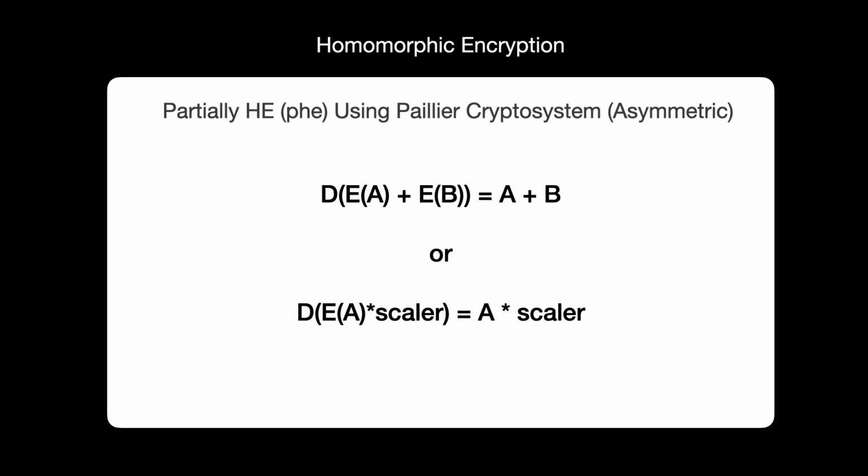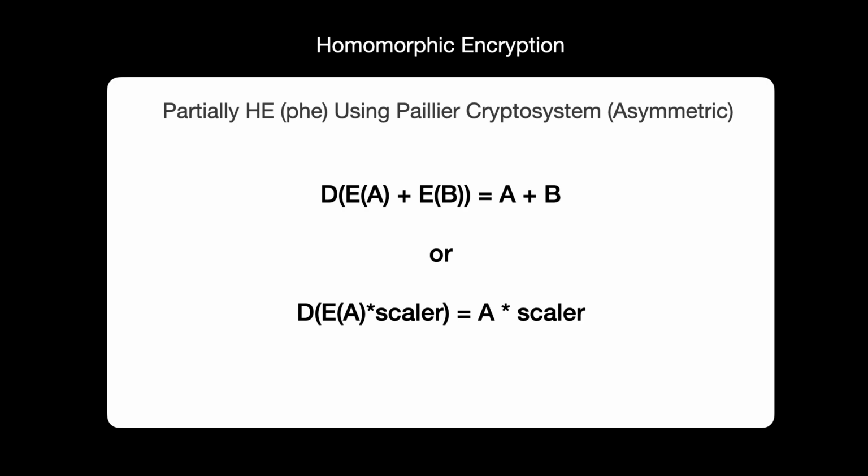Very quickly, you can do your research on what homomorphic encryption is, but for it to fall under the PHE method, really two properties need to be true. One is, if I have a variable that is encrypted like A and another variable that's encrypted like B, if I add them up in ciphertext, which is basically encrypted text, and then decrypt it, it's going to be equal to A plus B. The other property that's true with partially homomorphic encryption is that if I take a ciphertext variable and multiply it by a scalar, after decrypting it, it's going to be the same as A times a scalar. So that is basically the properties behind it.